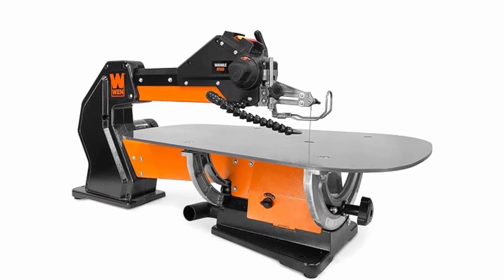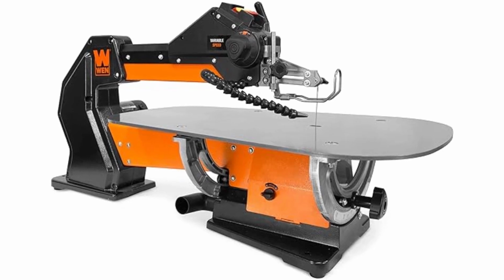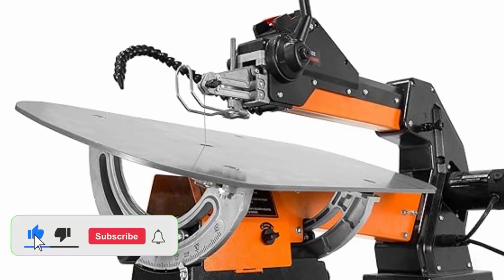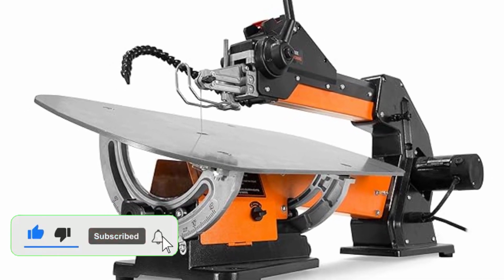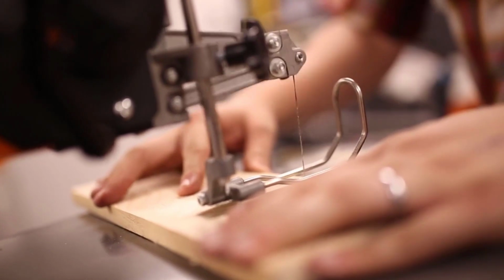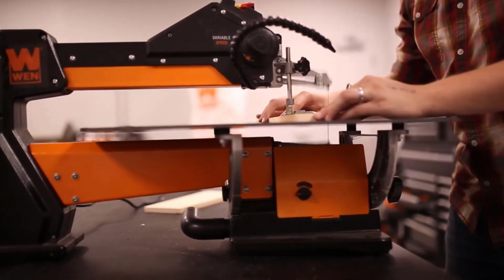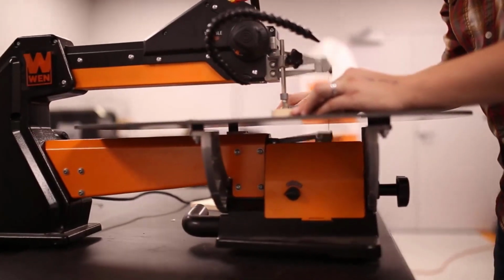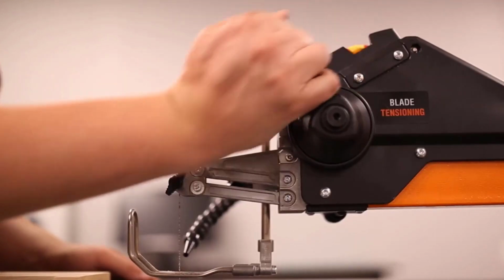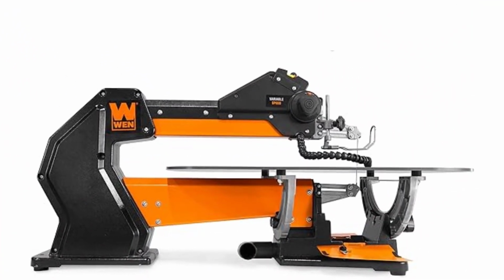If you plan to cut large workpieces, you need a scroll saw with a long throat depth. One of such saws is the WEN LL2156. With a throat depth of 21 inches, you can handle almost any size of workpiece with it. The extra-large dual bevel steel table provides ample material surface to maneuver the workpiece easily. The table is very spacious with a dimension of 25 5/8 inch length by 16-inch width. It can bevel up to 45 degrees to the left and up to 30 degrees to the right for cutting